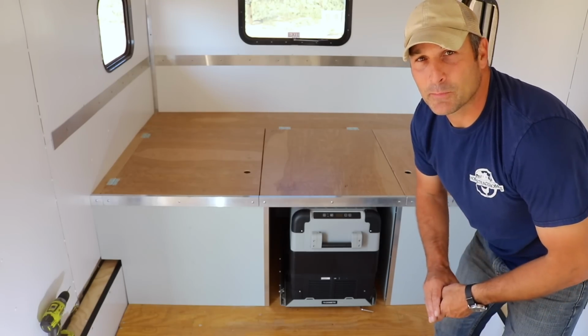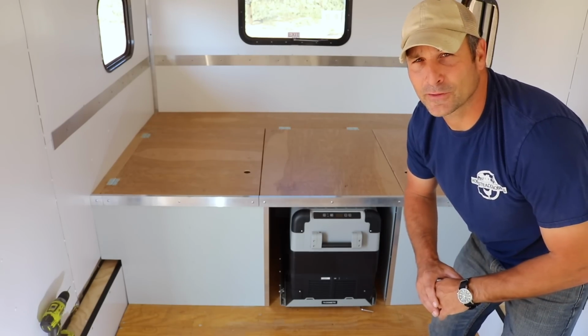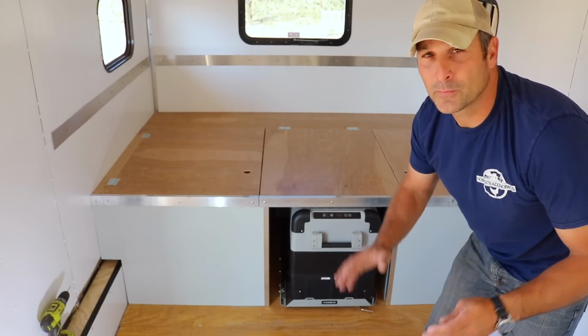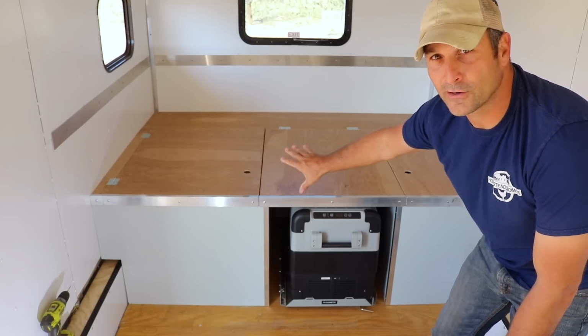Hey guys. Today's gonna be part 5 in the travel trailer project series, but in reality I think it's like the 7th video because I did the battery box and the bumper as little offshoot videos. But anyway, today I'm gonna show you how I built this